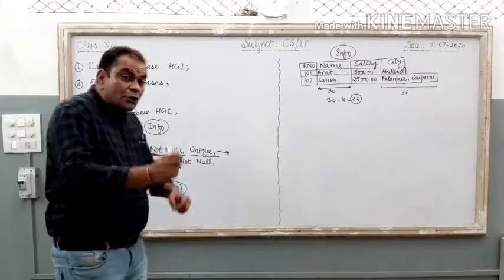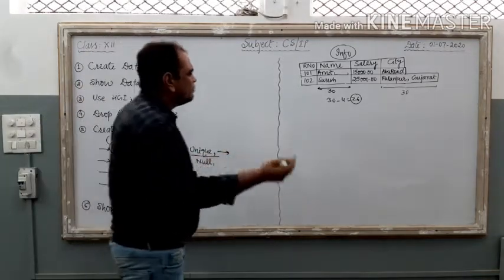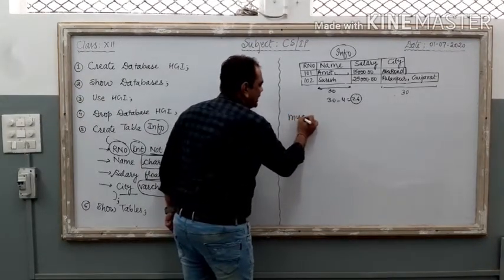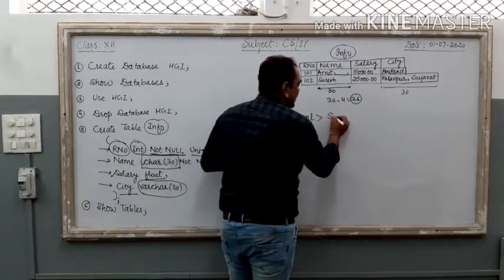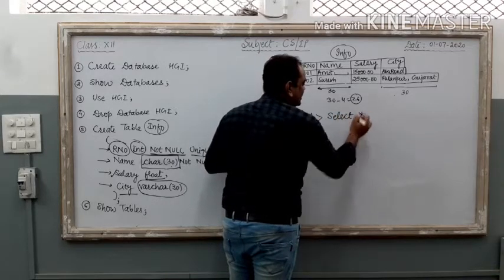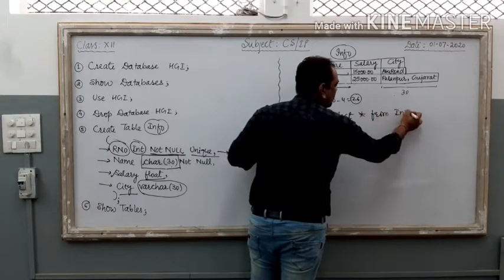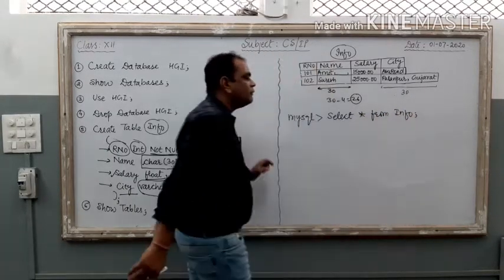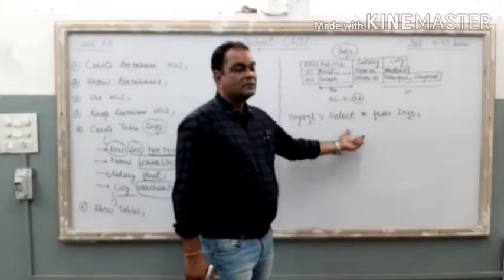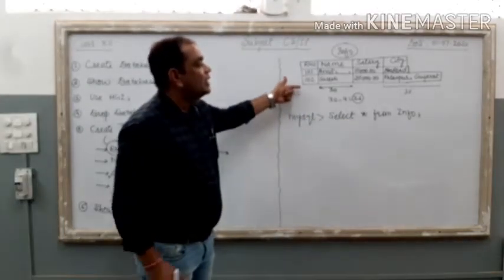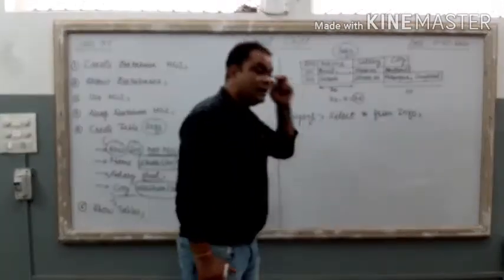Now, with this command, a table is created in MySQL, and the name of the table is info. Clear? Now, if you want to show the data that is inside the table, the very popular command of MySQL, in front of the MySQL prompt, you just write select, then star or asterisk sign, from, and just after the from you write the name of the table, that is info. So, select star from info. When you apply this command, the whole table is there on your monitor. Just check it out.